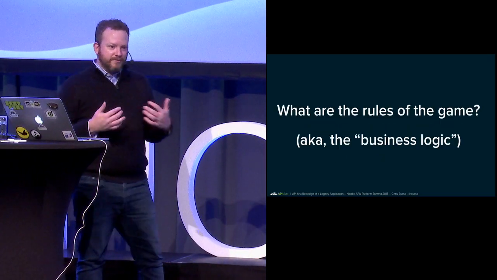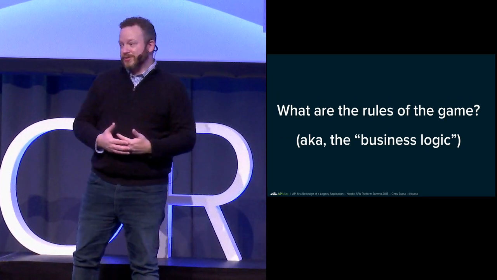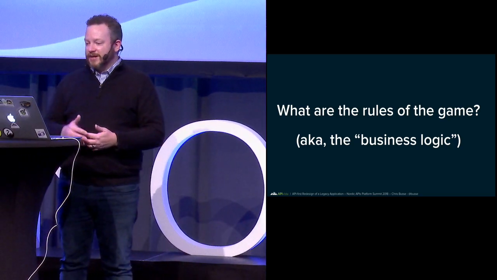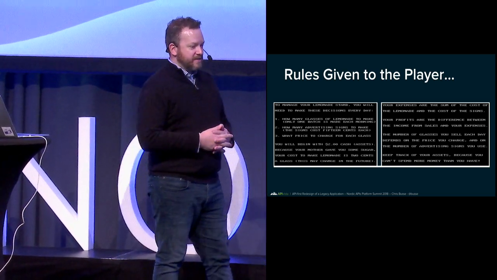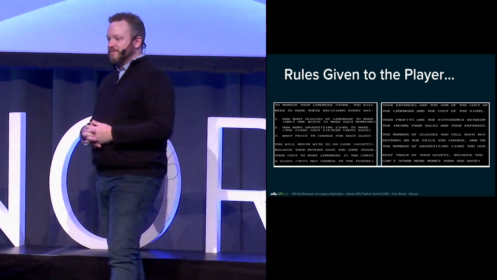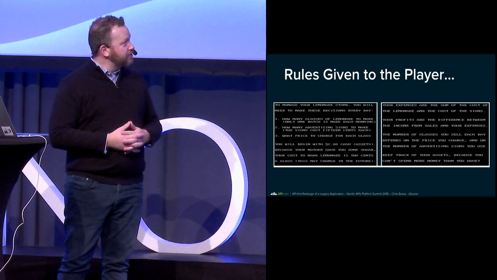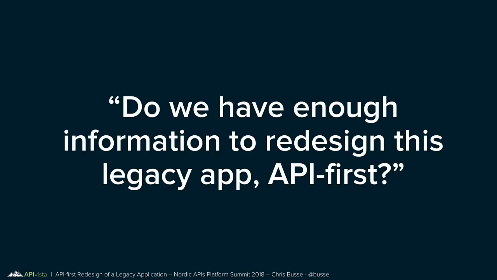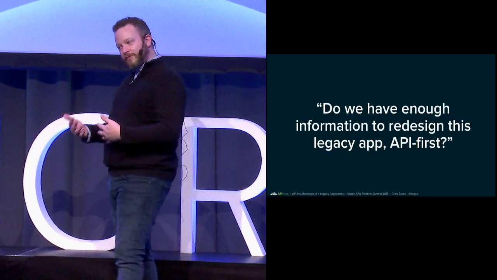What is the business logic? Because when we look at a legacy application, we might not even have the benefit of the source code, or maybe we don't understand the source code. I don't have any Delphi devs on staff, but the client is using Delphi. And so the rules, as we believe them to be accurate, are given to the player in the beginning. I read them already, so I won't read them again here, but you understood the parameters about your expenses, the quantities you could choose, the inputs you give, and the business logic they give you. So the next step in the workshop is to ask: do we have enough information to redesign this legacy app API first? And of course, everybody wants to keep moving forward, so they say yes.